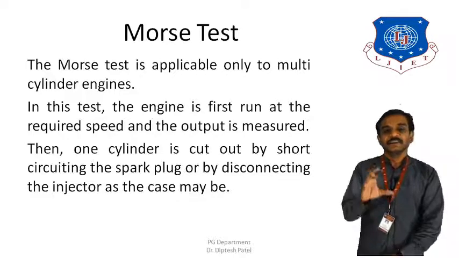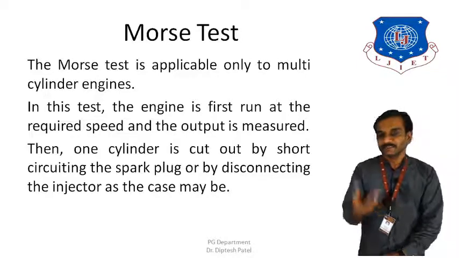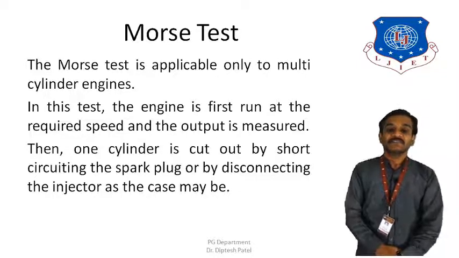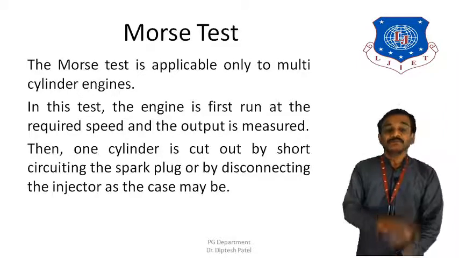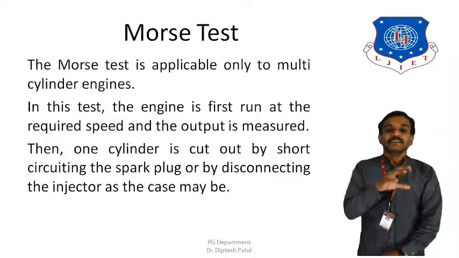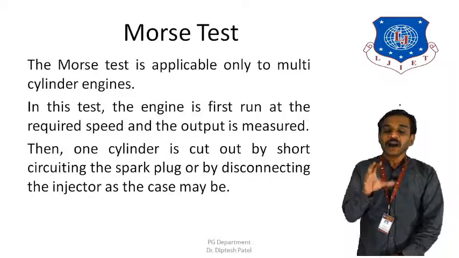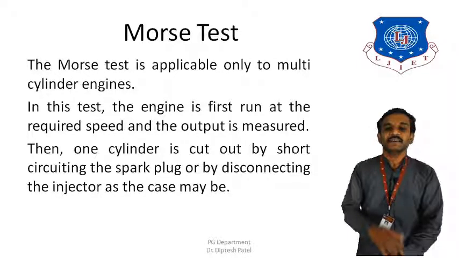So the engine is started at a decided speed, and once it achieves that, the throttle is adjusted and the output is measured. Once the output is measured, each cylinder is cut out one by one. The cutout system for the cylinder is different for the petrol and diesel engine. For a petrol engine, we can short the spark plug, while for the diesel engine we can disconnect the fuel line